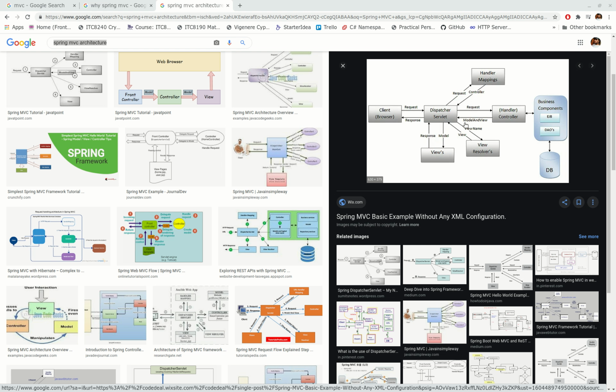Now this is a logical name. This logical name is picked up by the dispatcher servlet, and it consults another component called the view resolver. This view resolver will help the dispatcher servlet know the mapping of the logical name of the view to the respective JSP template. Thereafter, the dispatcher servlet is then going to render the JSP and display it in the browser as part of the